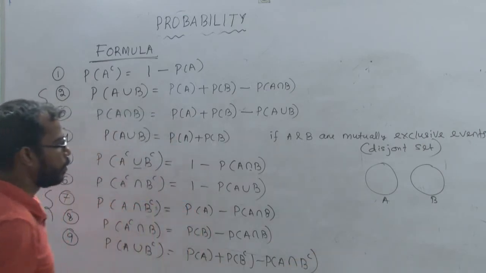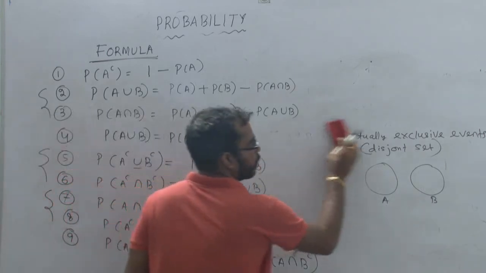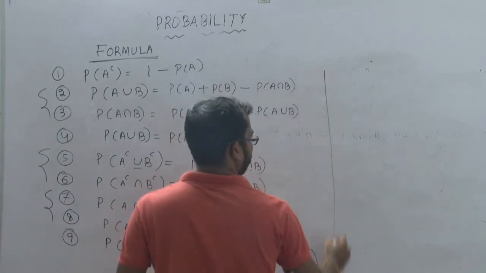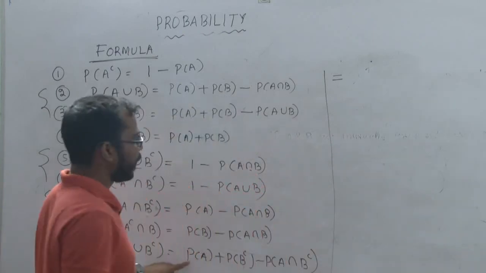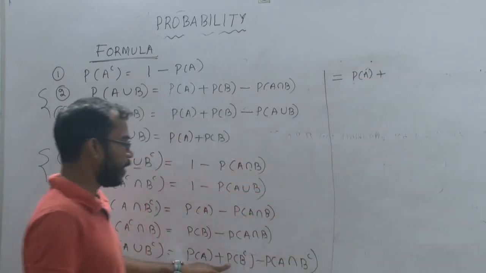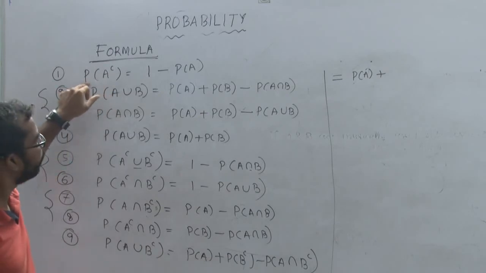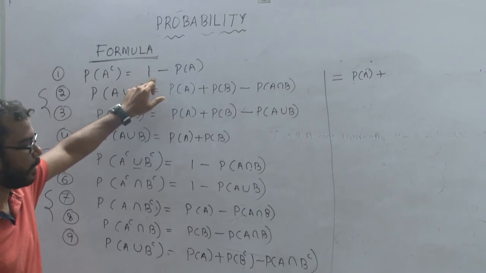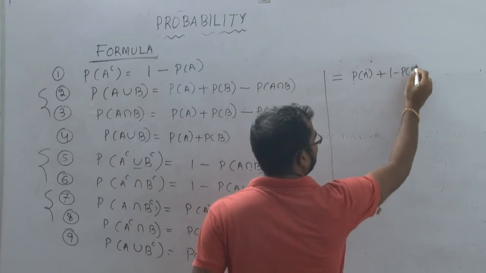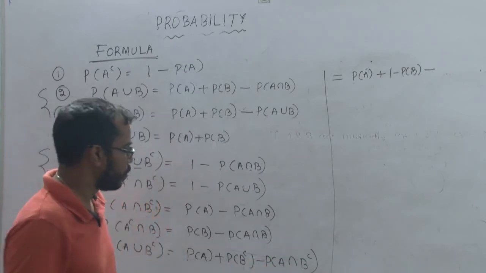Okay. So if we simplify these values, that is equal to P of A plus, what is the formula of complement of B? As you know, in formula number 1, probability of complement of A is equal to 1 minus P of A. So here we can write 1 minus P of B minus, so what is the formula of probability of A intersection complement of B? So here we can write